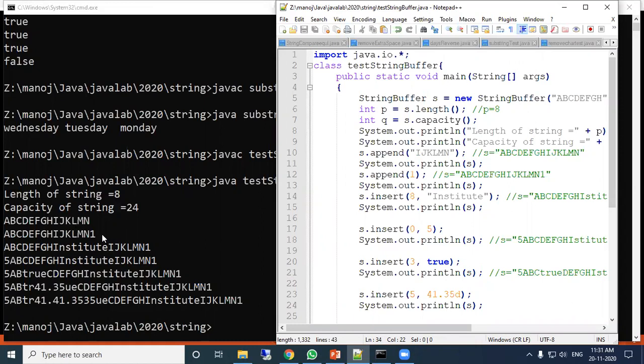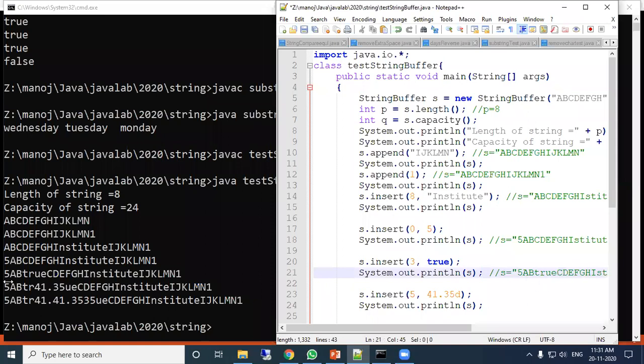Then 1 is appended. Then the institute is inserted here. Then 5 is inserted at the index position. True is inserted. True, where is true? Here true is inserted. Okay, so sorry, I was confused. At the 3 index position it is inserting.